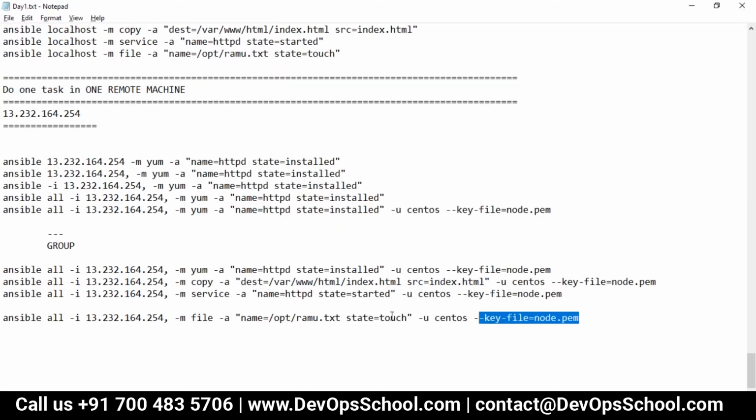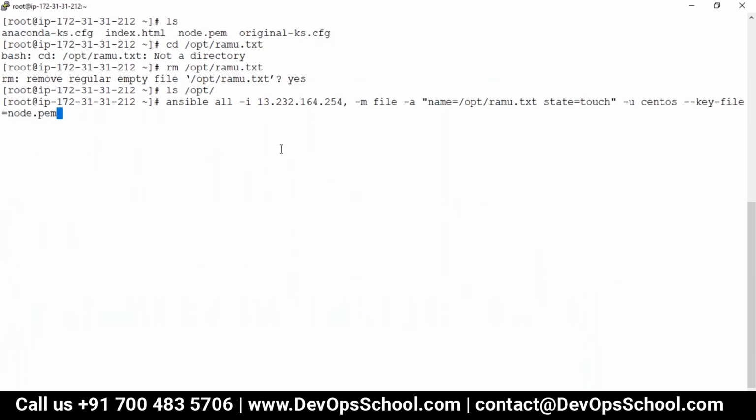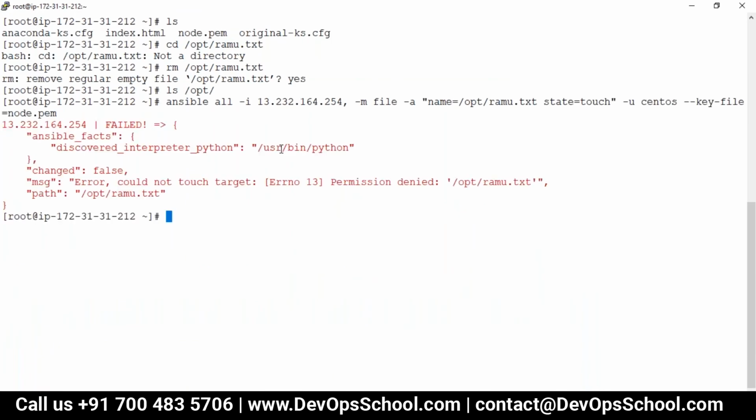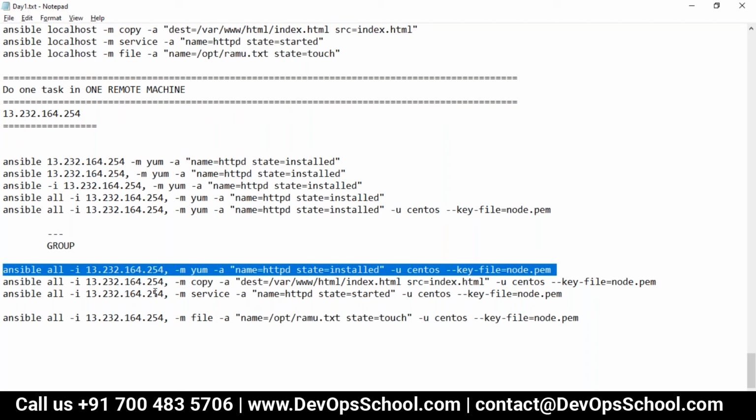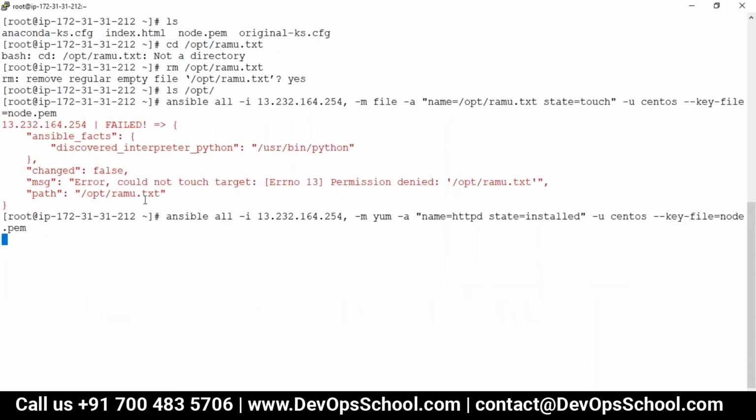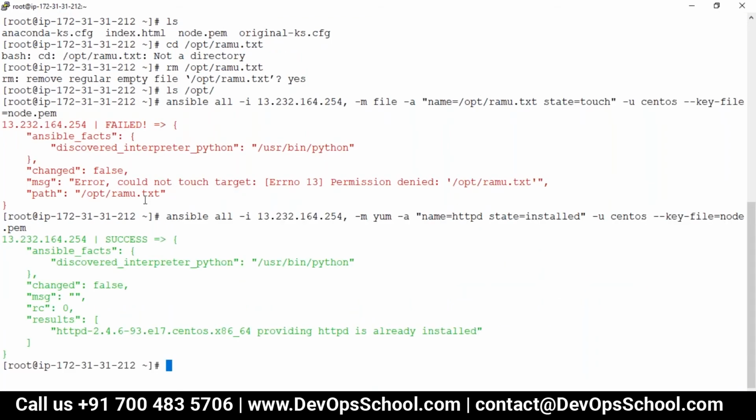Can I rerun this command? Again, same issues. See here, I'm using centos here also. So why is that, sir? This command is not showing an error, but changed is false. But this command is saying error, changed is equal to false.